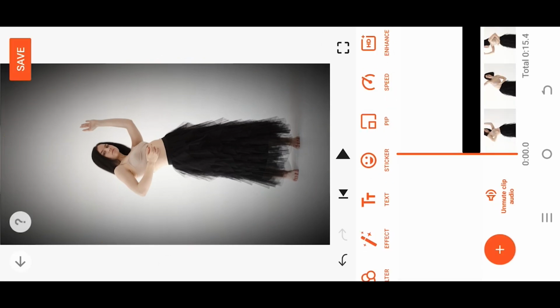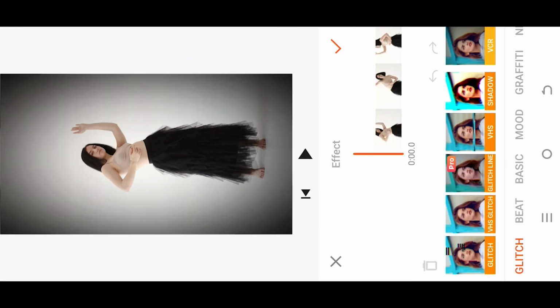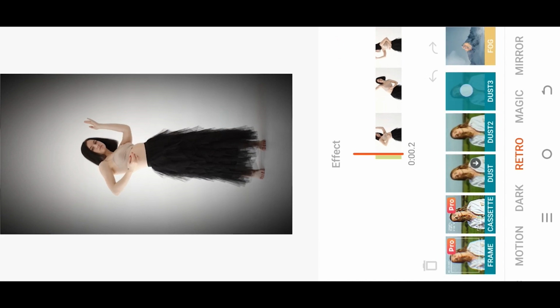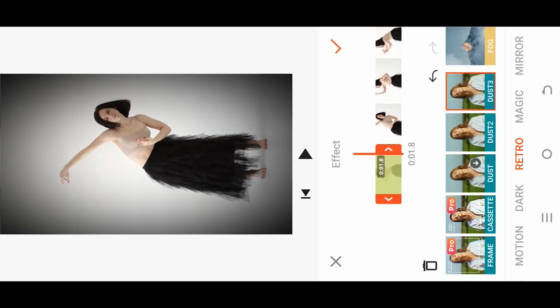then go to effect and tap, hold, apply the Dash 3 effect,